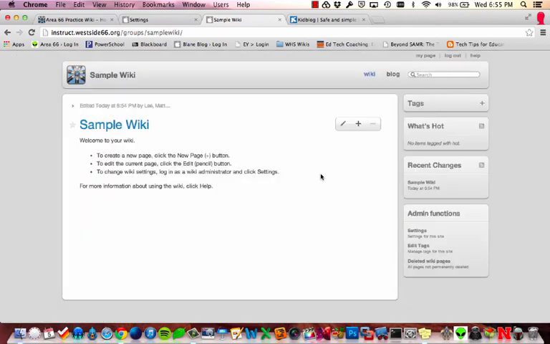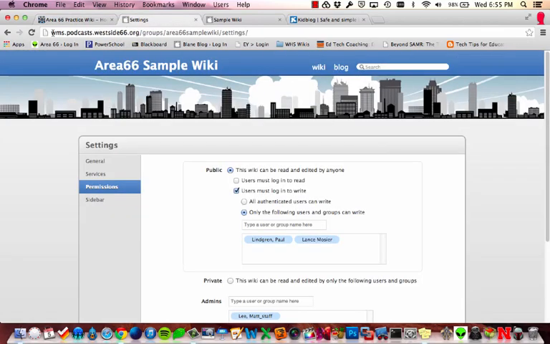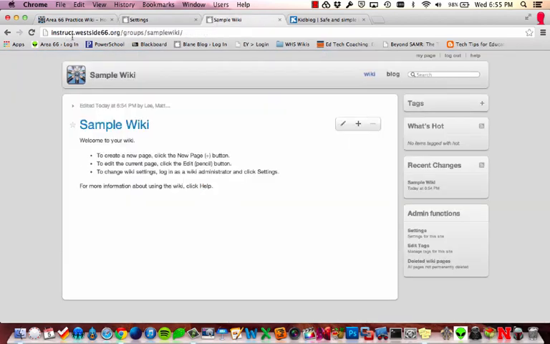So those are three different servers that you can do a wiki on. The ideas.westside66 if you're in the elementary grades, wms.podcast.westside66.org if you're in middle school, or instruct.westside66.org if you're